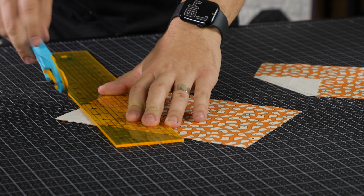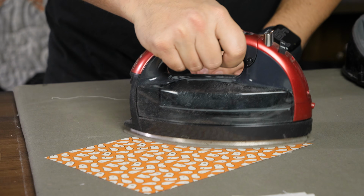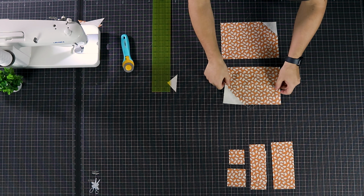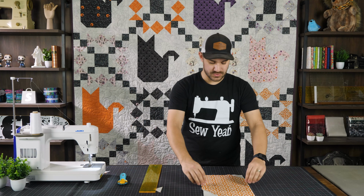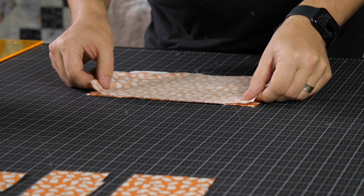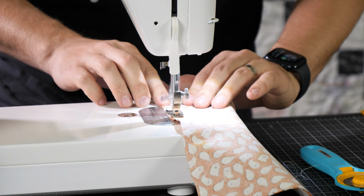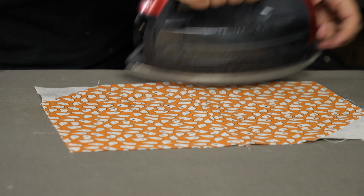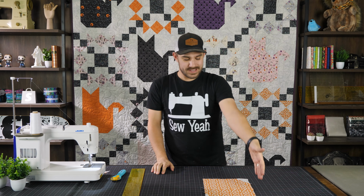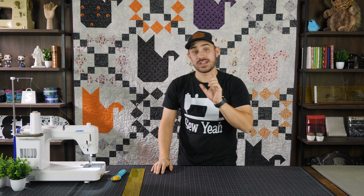And then always iron towards the dark side, as we know. Now from here, to finish off this portion of it, very simple, I'm gonna just flip one 180 degrees and sew them together, which gives us the body of the cat. And guys, just like that, body of the cat's done. There's not much there yet, so I'm gonna just slide him aside, and then we're gonna start working on the